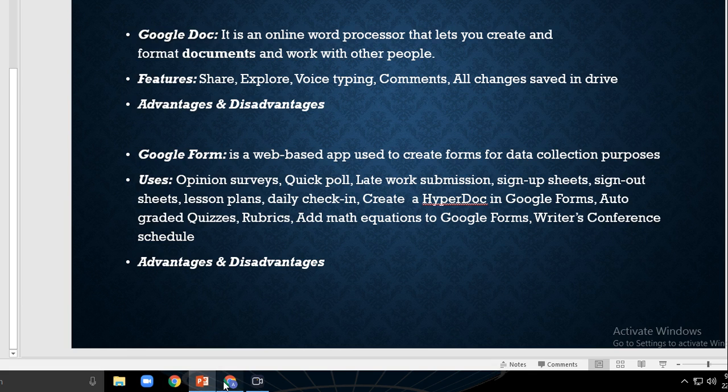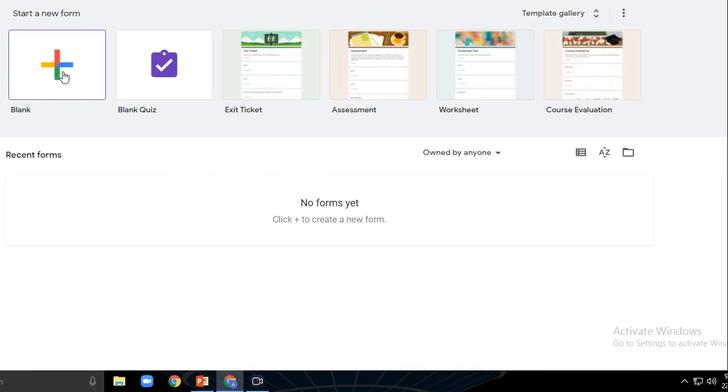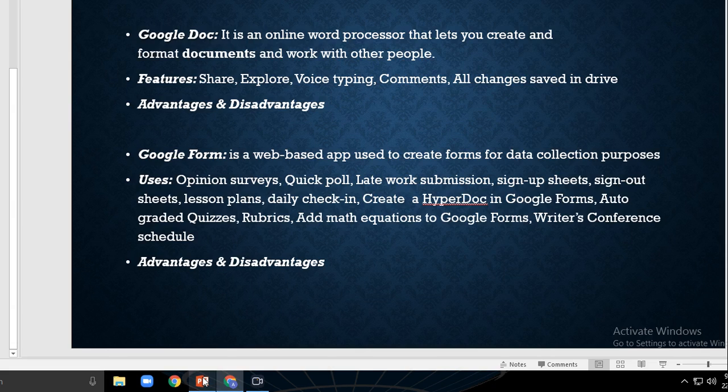See, I'll show you an example of the same. See here also, when you type Google Form there, you will get a blank form, and templates for a quiz, exit ticket, assessment, worksheet, course evaluation, and so many others are also there. You just have to click and find out. It is really ready material for you if you want to do any work here. If you want to do any survey, conduct a quiz, do any event, or make a registration sheet and all. So all this is helpful because the work is made easy because of Google Form.